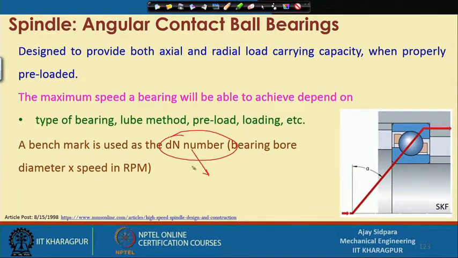Right. So, this is the thing. The higher the DN number, the higher the RPM. When you are going with a higher RPM, we know that we have to use a very small shaft, because shaft dimension also plays an important role. So, when you are talking about lakhs, consider a 10 lakh DN number.